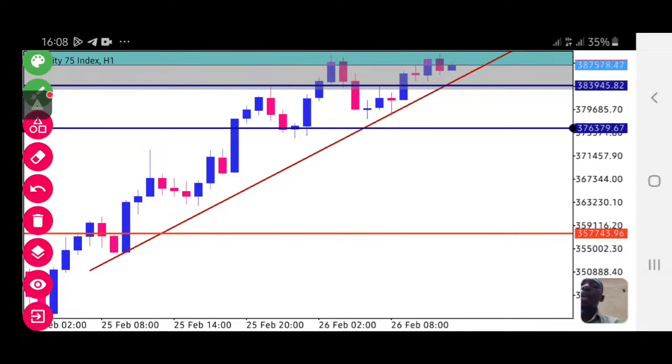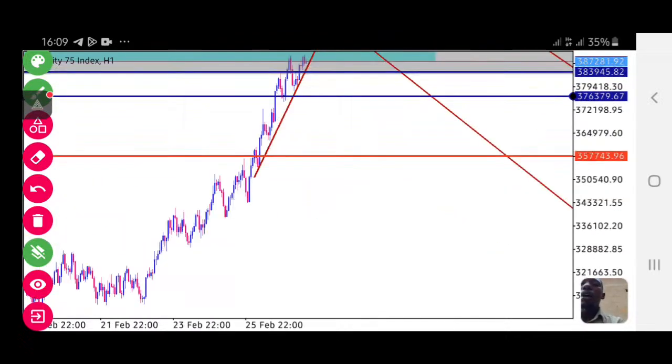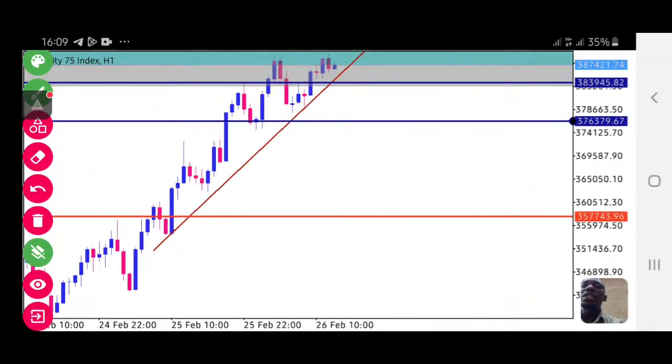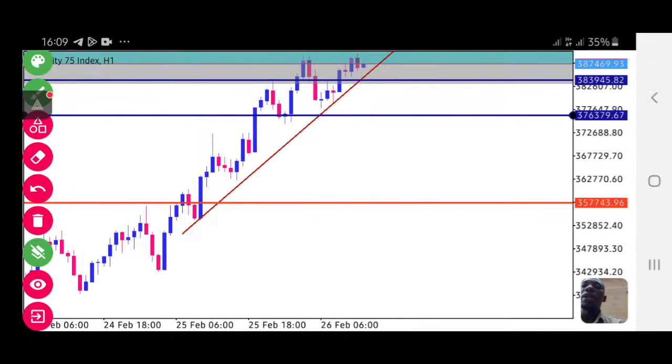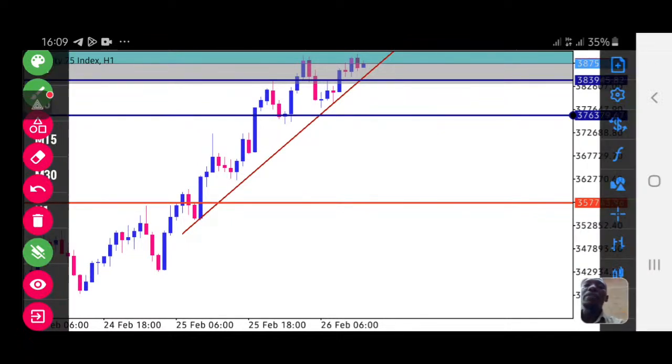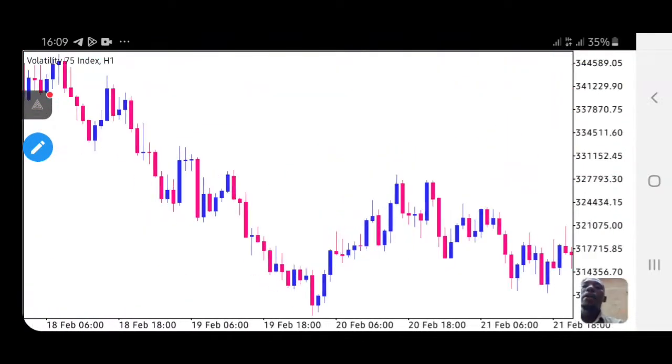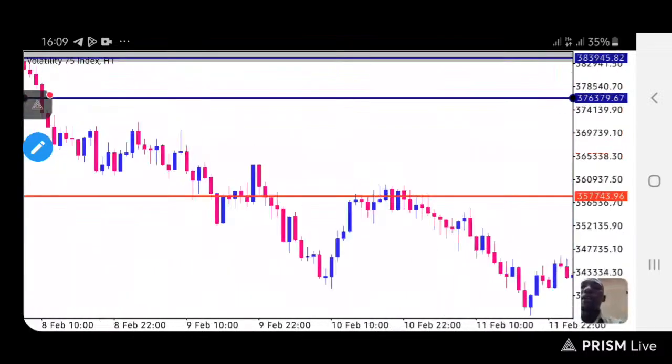So we have right now our counter trend around this area, guys. It's already implemented, so we are waiting to see how the market will react to our counter zone, guys. If the market fails to do what we are expecting, we have to leave this counter trend. We have to go up to H4, and we wait. Let me do like this very fast, and we see.